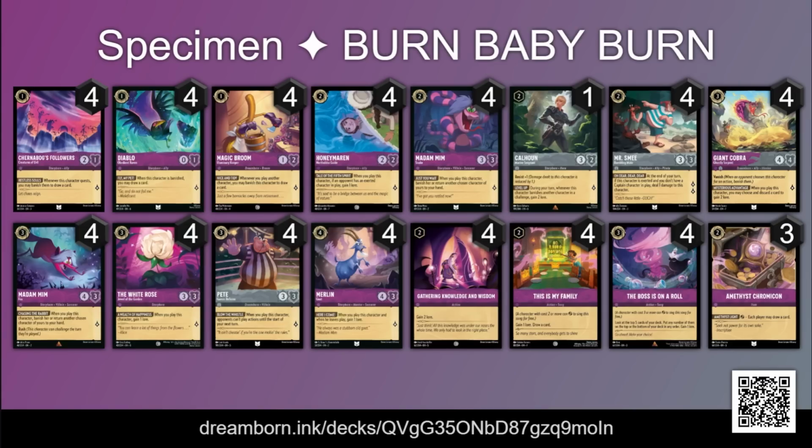You might want to play 4 Calhouns. I'm not really quite sure on how to trim the deck down to 60. It was the thing I struggled with most. I considered cutting Pete's. I ended up cutting 1 Chromacon and 3 Calhouns, but we'll have to see where the exact list ends up. But the general idea of this is you play like a normal Amethyst and Steel deck,